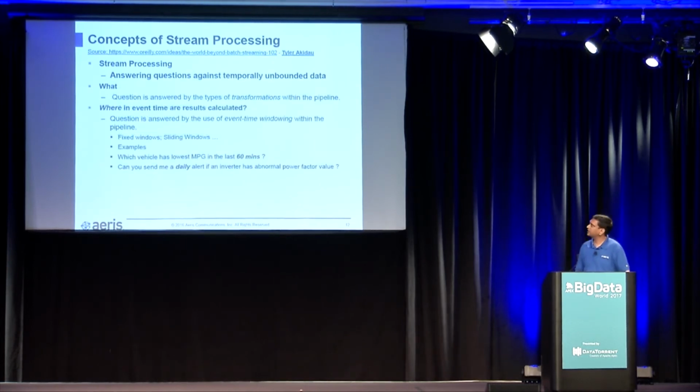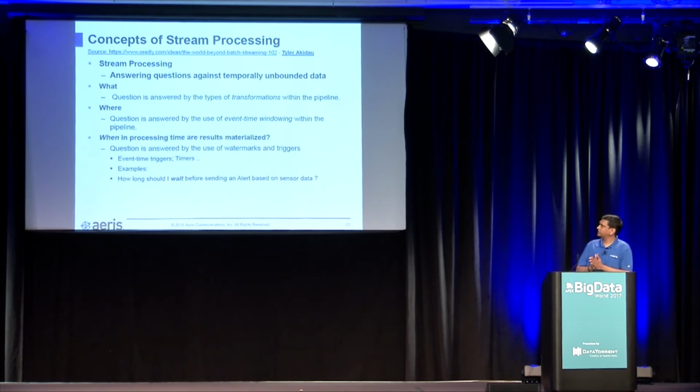Then the where is about the event time at which results are calculated, right? So if I say that I'm going to update the counters as soon as I get a new event, versus updating the counters every hour, every day, the question is answered using windowing functions, like the sliding windowing function and the tumbling windowing function. If you go read more in the blog, you have enough examples there. The reason I go through this paradigm is because it translates to different aspects of IoT, and you need to focus more on one of these idioms.